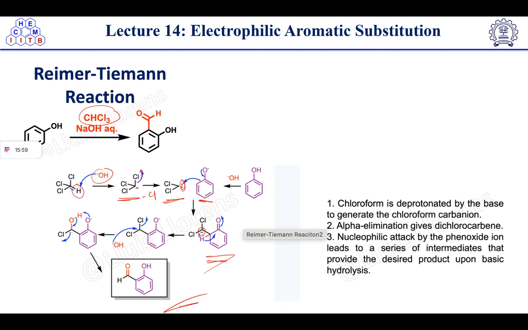Then the next one is this: aromatization will take place to form the aromatic benzene ring, and then the base will again attack as a nucleophile, OH minus, and it will eliminate the Cl minus. So Cl minus will knock out as a leaving group. So this intermediate will form. Now we know that the lone pair of electrons on oxygen will push electrons here and HCl elimination will take place to form the corresponding ortho-substituted aldehyde. So aldehyde formation is taking place. This reaction is known as the Reimer-Tiemann reaction.